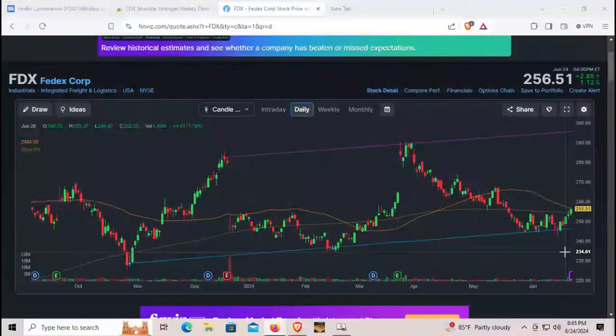Actually, it was not a double bottom. Sorry about that, because at 235 it would have been a double bottom. But maybe it didn't hit like a double bottom. But 245 is a good support. This resistance at 292. So FEDEX has a lot of issues, and we're gonna play a video at the end